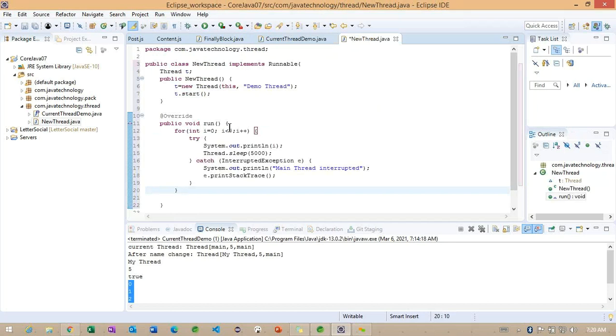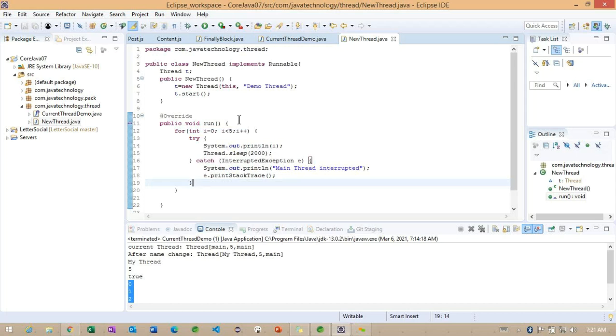So the current thread, instead of sleeping 5 seconds, we'll make it 2 seconds. Getting the point? Once this run method is called, the loop is called internally, and this is a different thread.